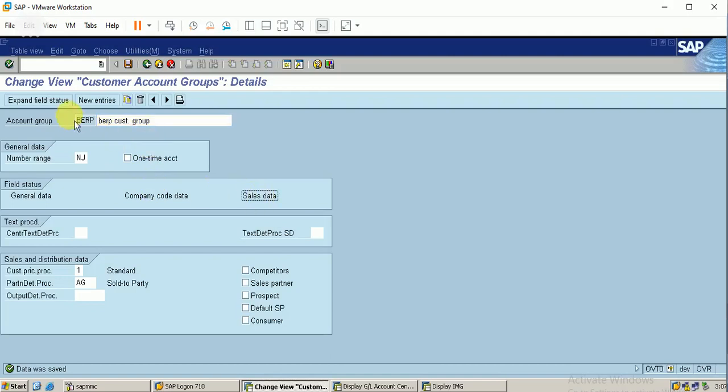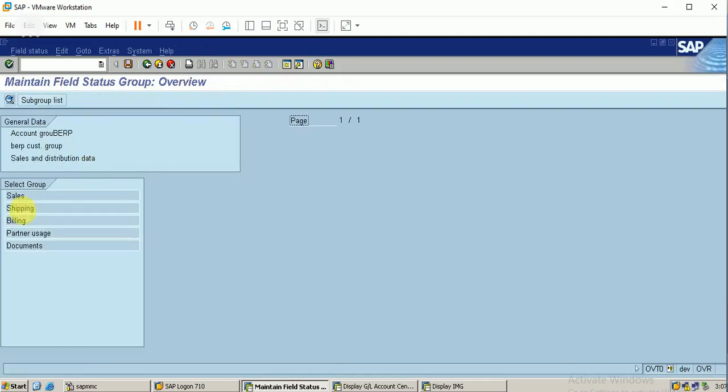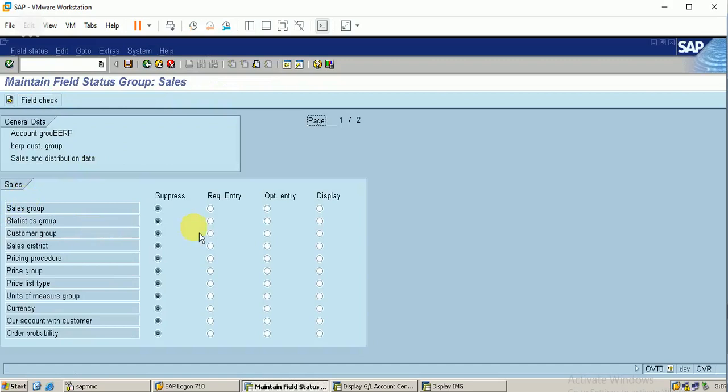Similarly, in the sales data, expand these fields. These fields are in suppressed state, so that's why these fields are not displayed in my customer master data. So when you configure these things, kindly check all these parameters.